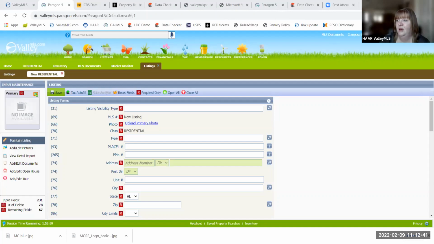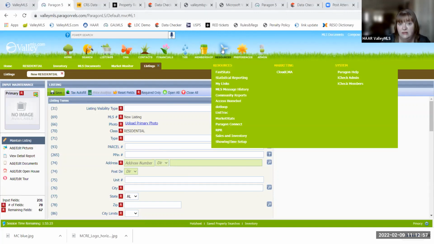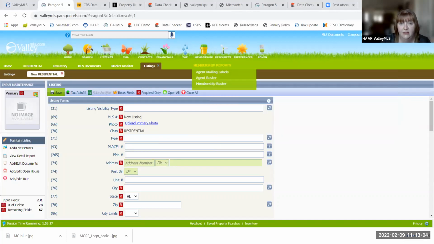All right. I'm going to bring up another screen share real quick for ListTrack. I don't know if you guys are using ListTrack. Well, before I do that, let me show you where to find it. I don't have any listings, so I had to do some screenshots of someone else's listings. But if you are working with an agent who has listings, then you would go to resources here at the top, and you'd hop down into ListTrack right there. But again, I can't do that, so I'm going to share with you, if I can find it. Here it is.